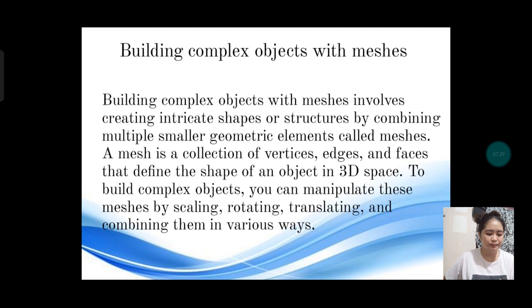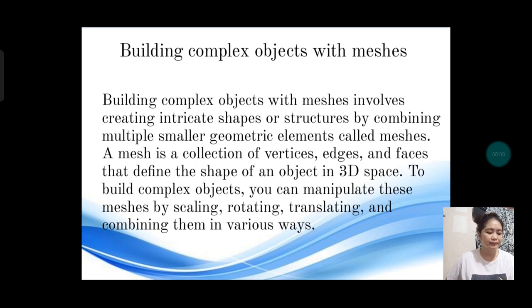Building complex objects with meshes typically involves creating or importing individual mesh components and then assembling them together to form the desired object. This process can be done using various 3D modeling software such as Blender, Maya, or 3ds Max.